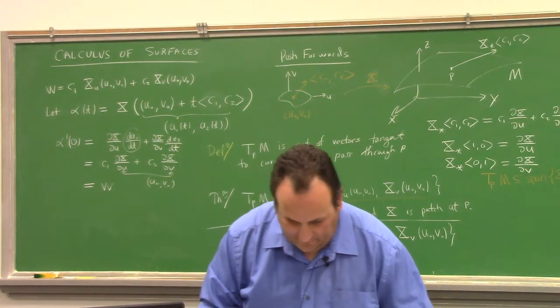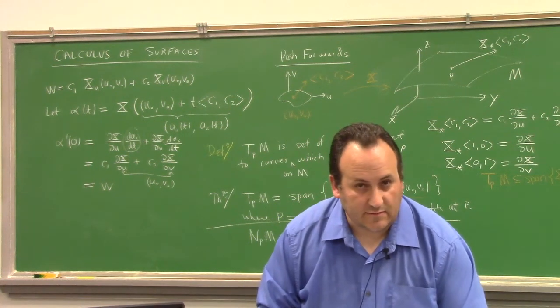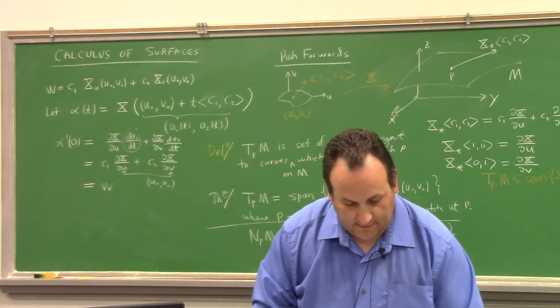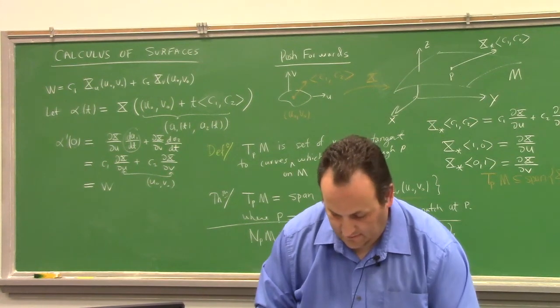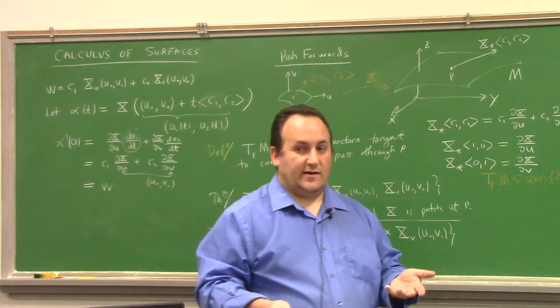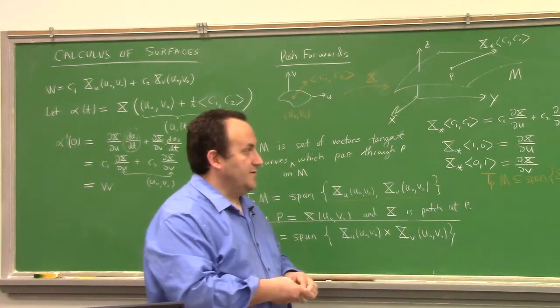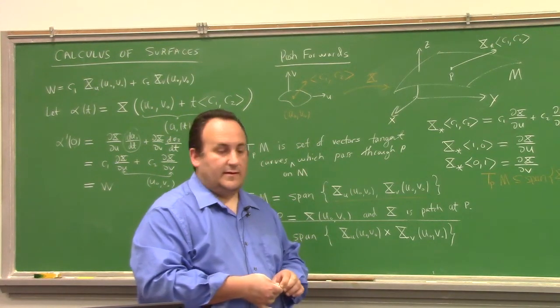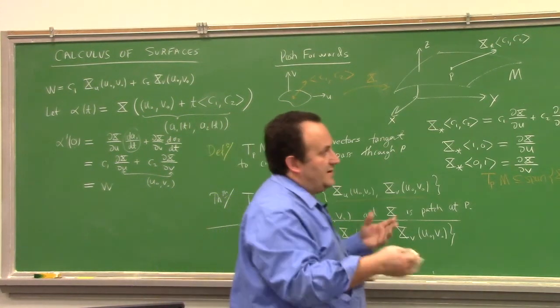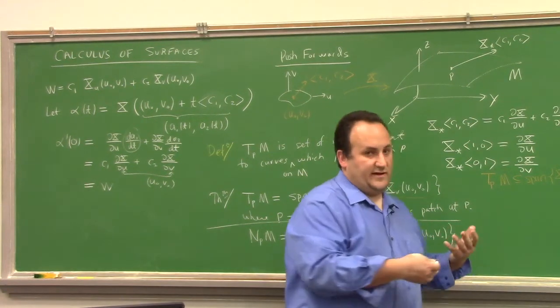All right, so we've got a surface, right? We know a bunch of ways to construct them. And now we know what the tangent space looks like. It's a span of the partial velocities, right? And we can talk about vector fields, which are tangent. So